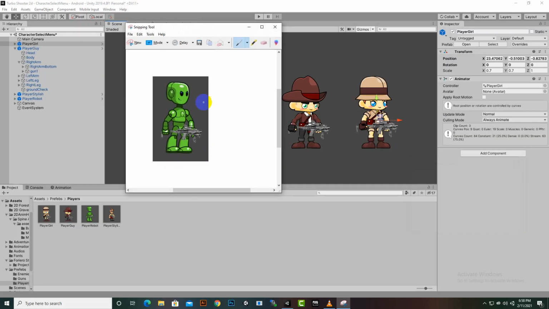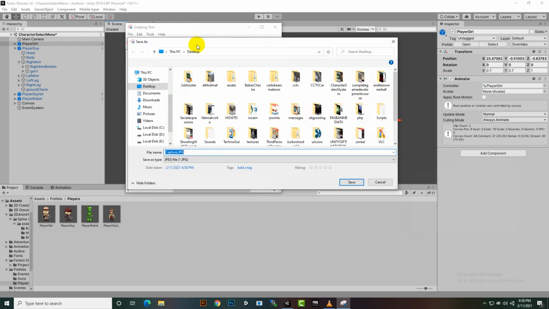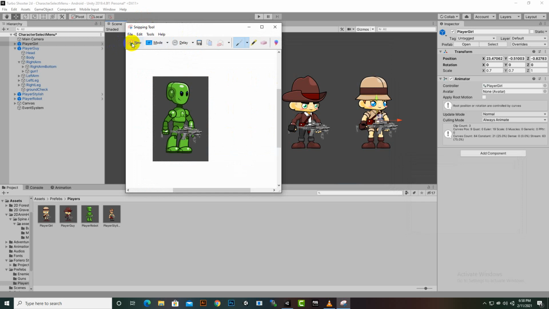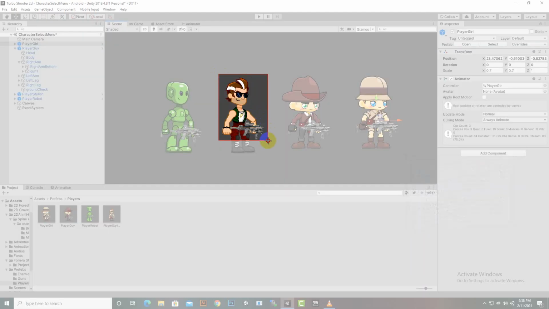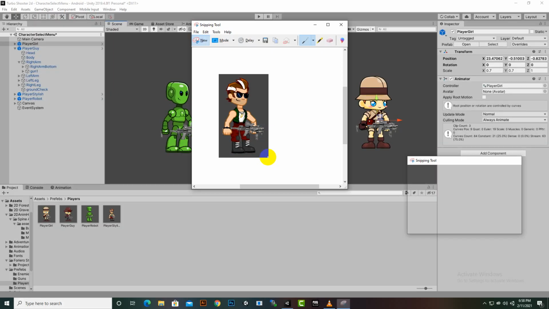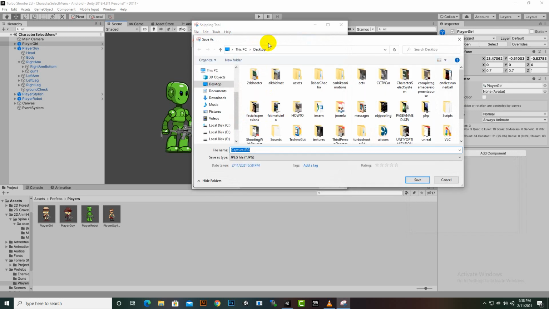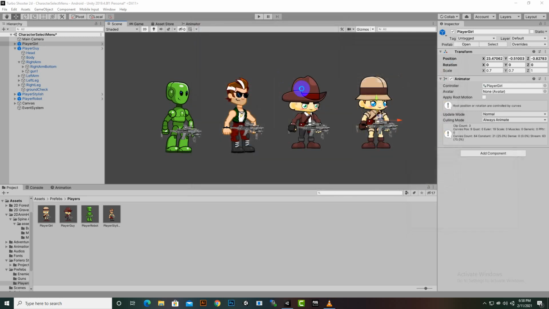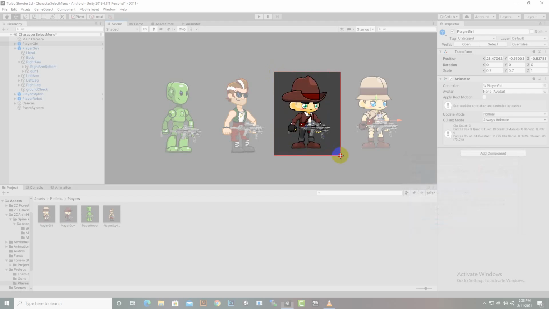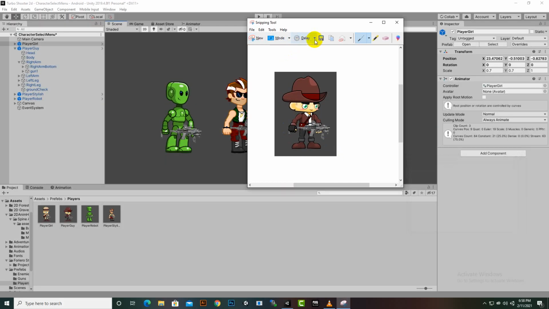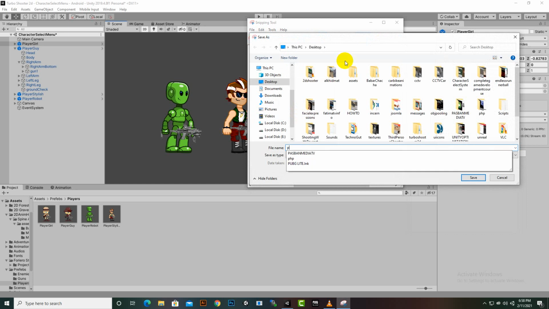This is our first character, we will make it robot, and then we will create our second character image, that is funny guy or stylish guy, and this one will be the simple guy, player guy,